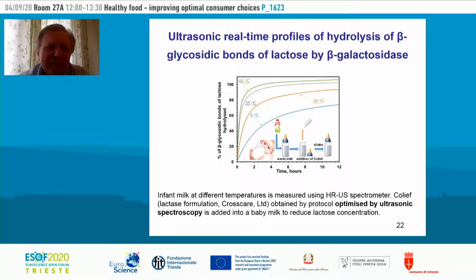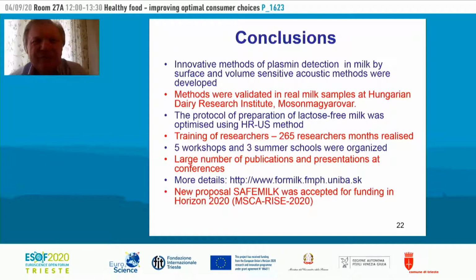And you can see on this slide the dependence of the number of glycosidic bonds following addition of beta-galactosidase, which is an enzyme similar to lactase. And you can see that at optimal condition, which is 40 Celsius, very fast kinetics of degradation of lactose takes place. So in conclusion, we can say that we developed